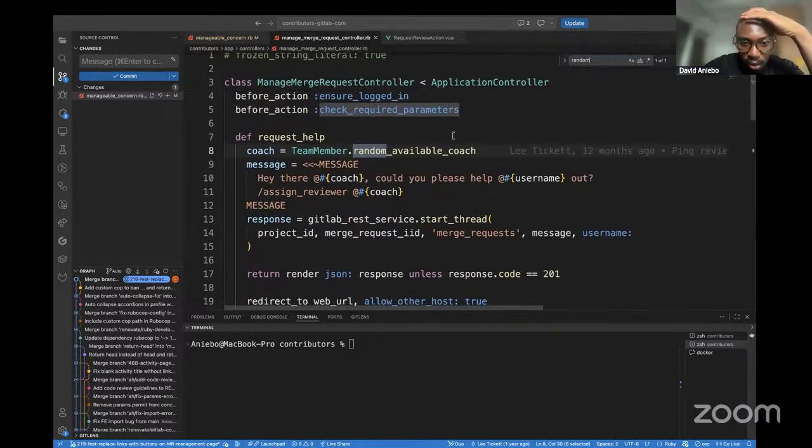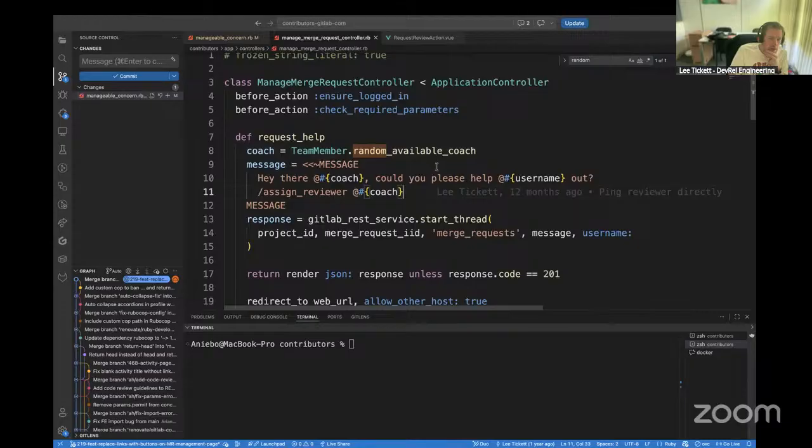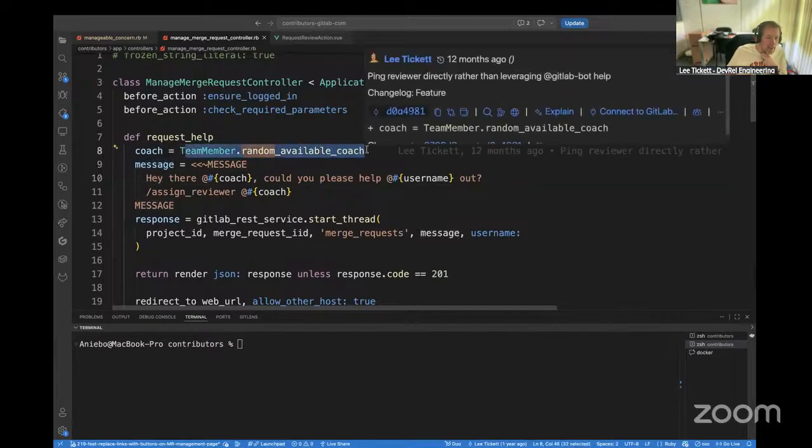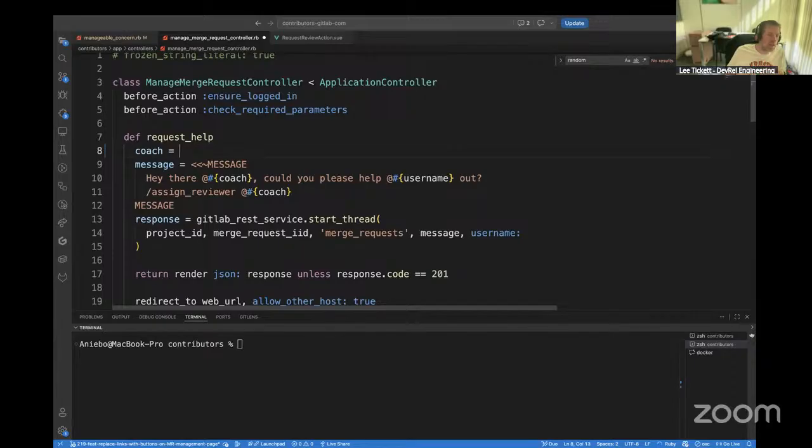Random available coach. So what you can do is on line 8 there, you can just set coach equal to a string. So rather than saying team member dot random available coach, you could just put coach equals, on line 8, yeah. Get rid of that, and just put a string, like single quotes, and just put, I don't know,